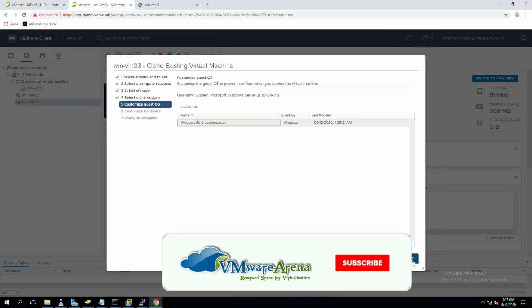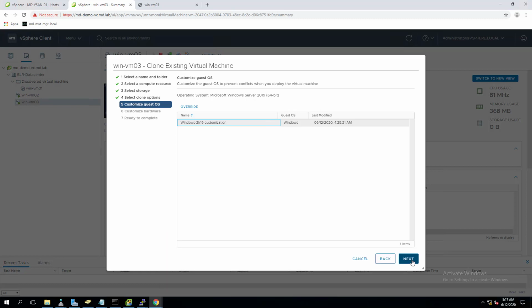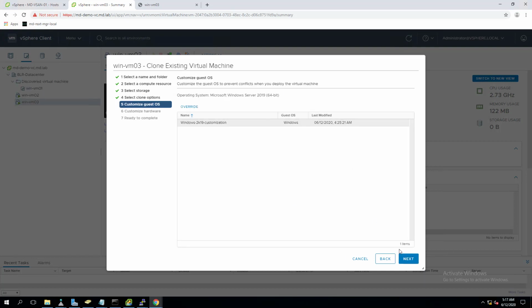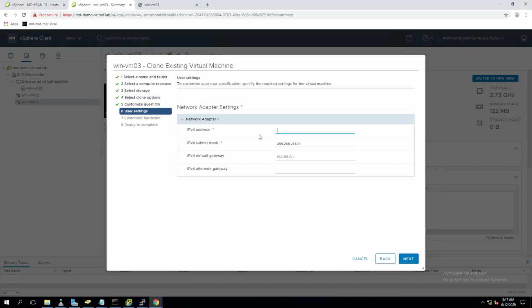As I selected the customize hardware option, it gives me the option to customize my operating system using the customization, and also to customize the virtual machine hardware here. So I can edit the virtual machine configuration. For example, if you want to increase the CPU, increase the memory size, or reduce the hard disk size, you can specify.